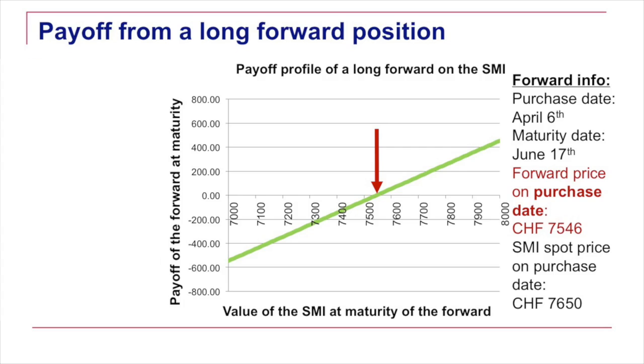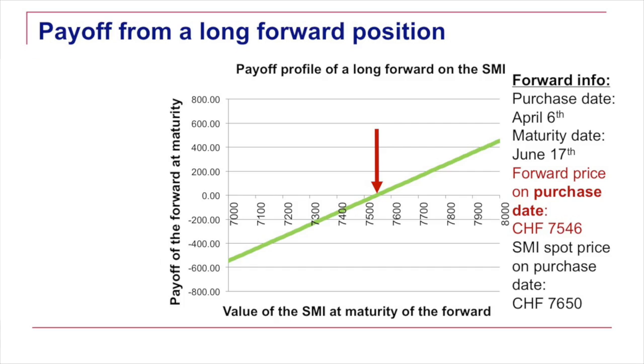So here we will now discuss the payoffs. That was the other objective. How does the profit and loss at maturity look from entering first in a long Swiss market index contract? What you have on the horizontal axis of this graph is the value of the SMI at maturity, and we entered that contract at a spot price of the SMI of 7,600, let's say 50 Swiss francs,